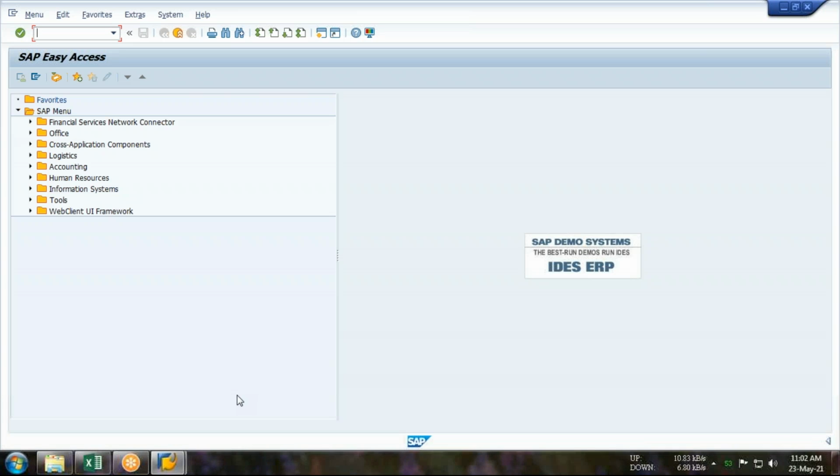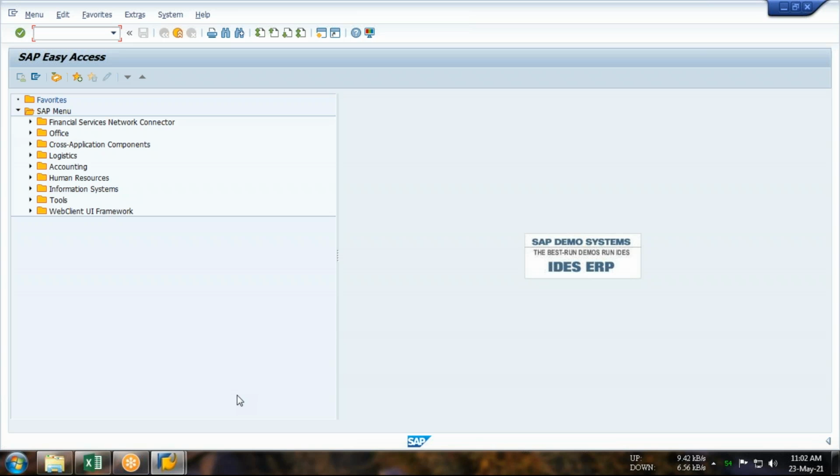So there are two concepts, document type and document number range, and they have to be maintained in your company code. Once more, if you want to post any transaction in SAP, like credit purchase, credit sale, vendor payment, receipt from customer, there must be two configurations in your system.